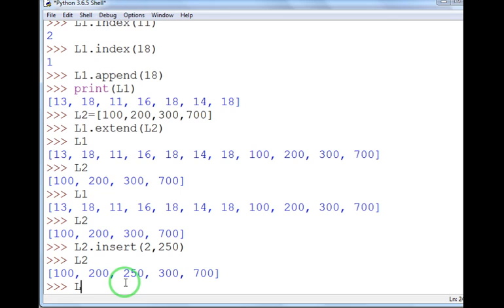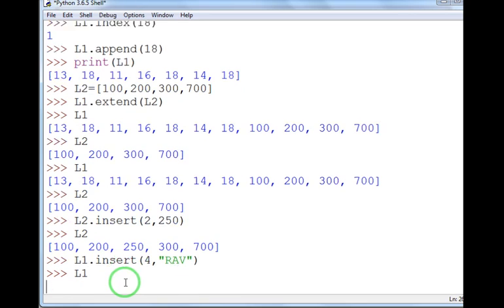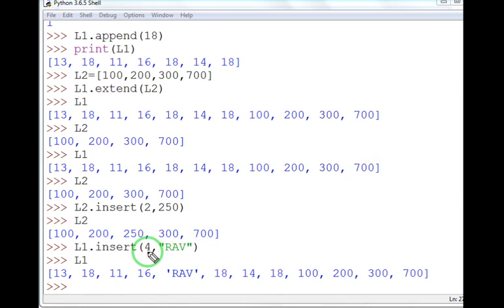Let's try with L1. L1 dot insert. I want to insert at index number 4 and I want to insert rev at index number 4. So let's press enter. L1 or print L1 you can type. So you can see over here at index number 4 you find this value called rev.